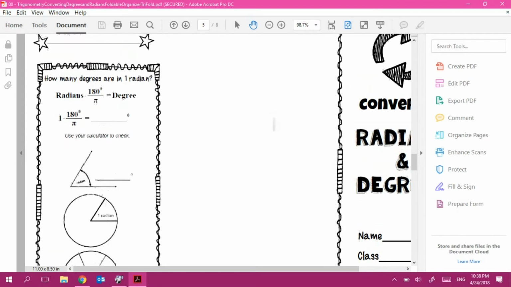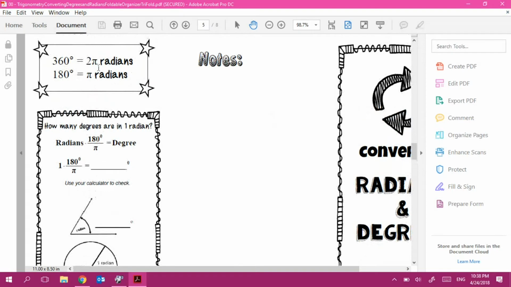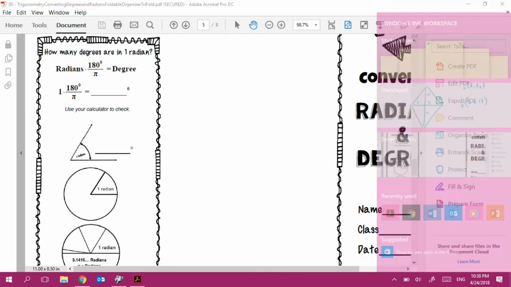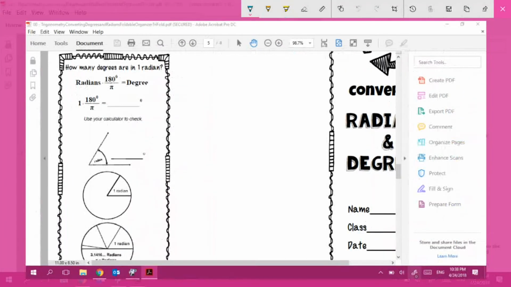We see 2 pi radians over here, 1 pi radians. What does that all mean? Let's find out how many degrees are in 1 radian. So we're going to take 180 degrees and divide that by pi, because remember there are 180 degrees in pi radians. That's going to tell me how many degrees are in 1 radian. So we take 180, put that in the calculator, divided by pi. That gives us 57.3,